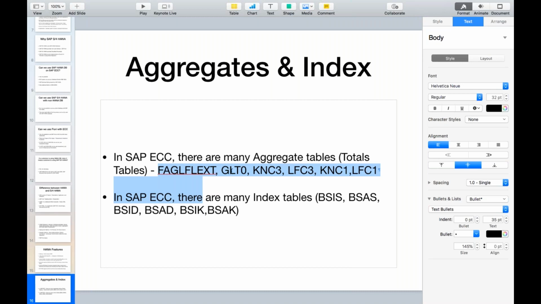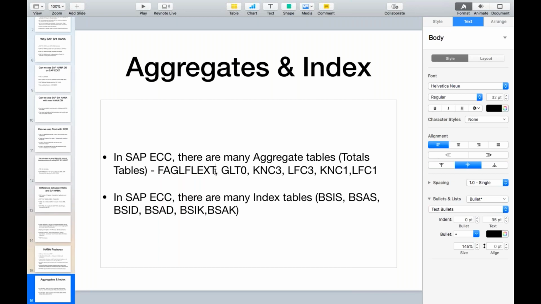You go to the table, even if there are 400 columns, you take the data from there, no problem. Right? We don't need any index. We don't need any aggregates in S/4HANA. Okay. Now the problem is then,